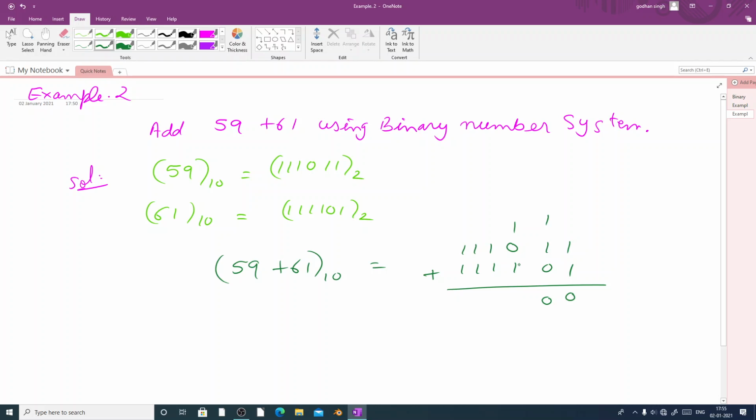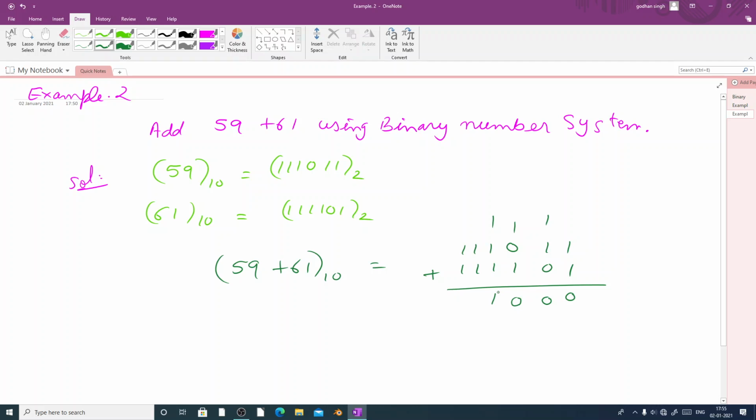And 1 plus 1 is, again we know, 1 0. So 0 will be here, 1 will be carried over. Now add first these two. 1 plus 0 is 1, 1 plus 1 is 1 0, and 1 0 plus 1, so that will